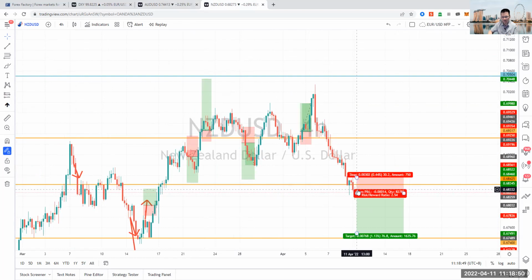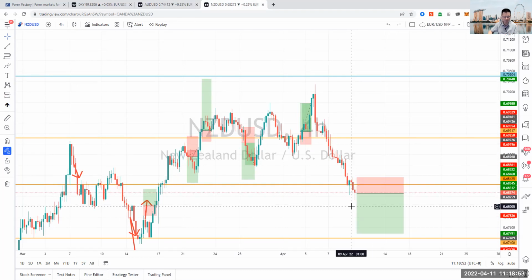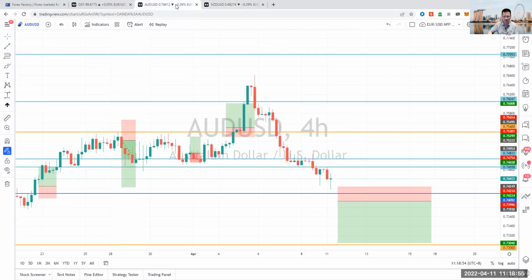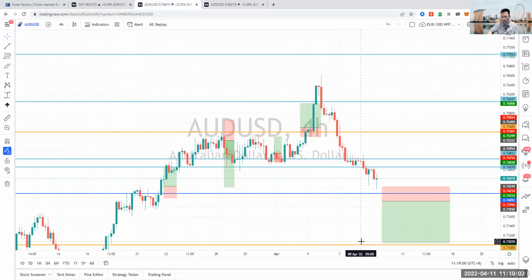And by then, if the Kiwi dollar has tracked towards 0.6800, then even the Aussie dollar might be a trade opportunity, having broken that support, for that next trade down towards that 0.7300 level. So, straightforward, quite a few trades here on the Aussie dollar and the Kiwi dollar. I think it would be the Kiwi first, the Aussie second, but all this is dependent on how the dollar index is going to move towards that 100 level.